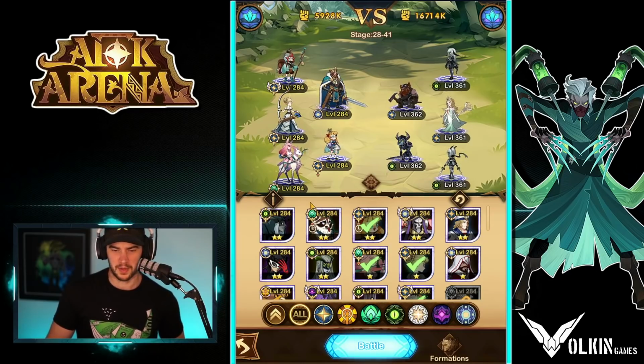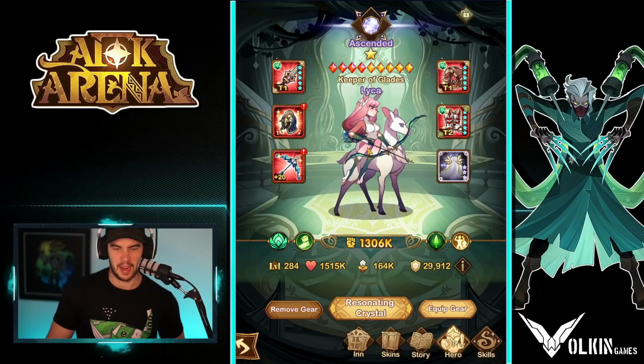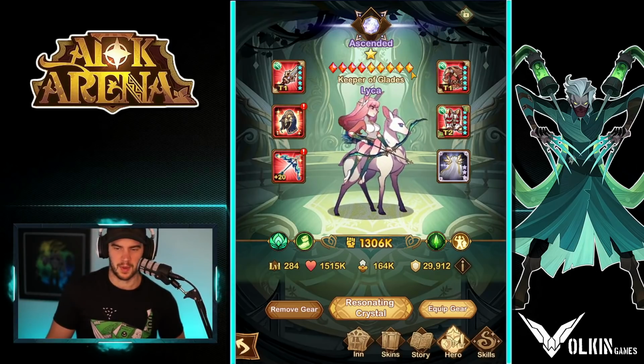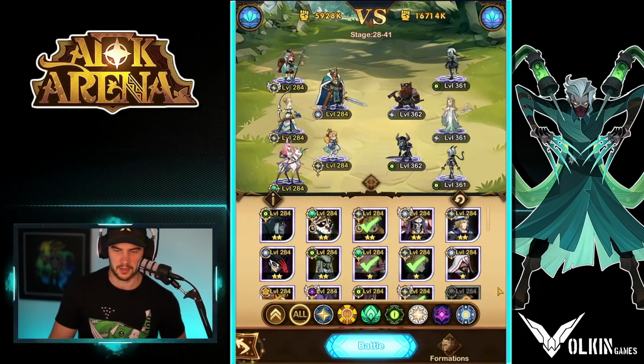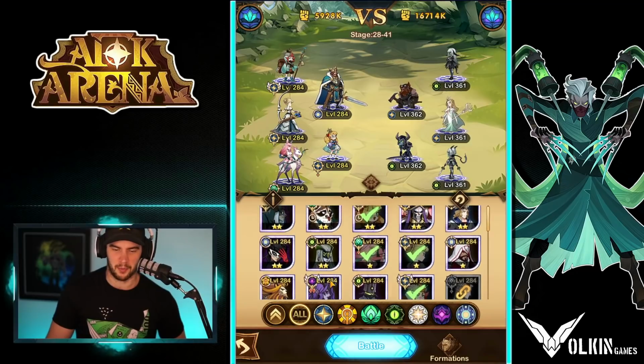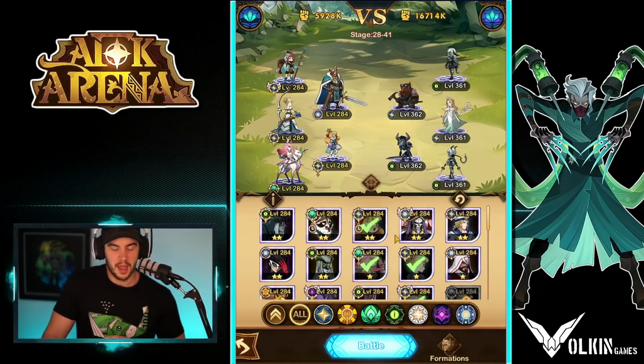Obviously, Rowan is well invested. And then if we look at my Leica, she's at 20 and 3, which is a pretty decent spot for Leica. She's looking not too bad. The gear isn't the greatest, but it's okay. So my team's not my fully invested team. It's not like I'm using my Irons and my Albedo or my Lucretia or anything like that,